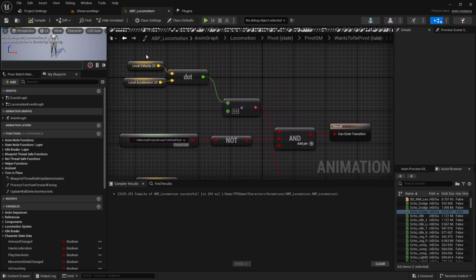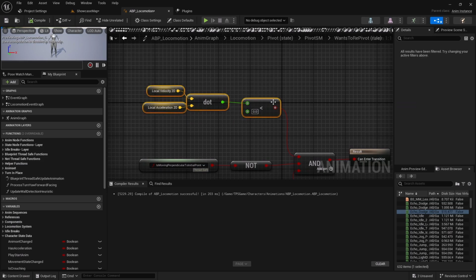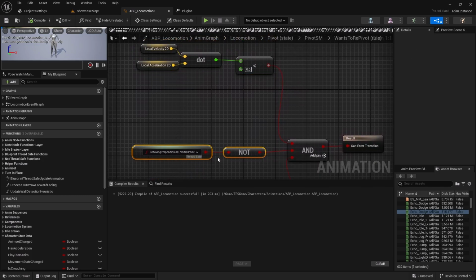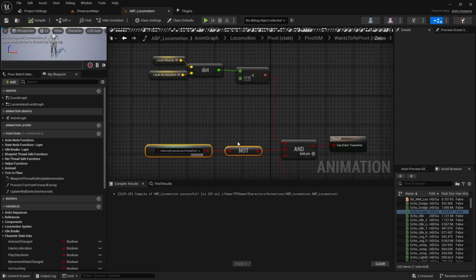So we have this detection, which means we are checking whether the velocity and local acceleration are in opposing directions, and we have this check to determine whether we are moving to the